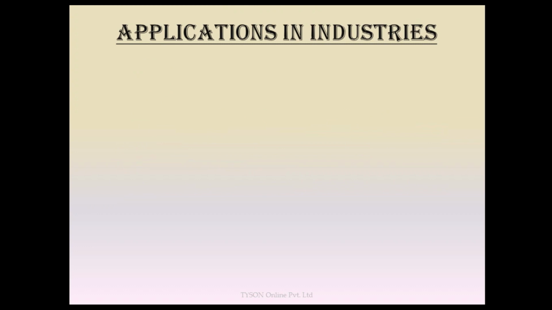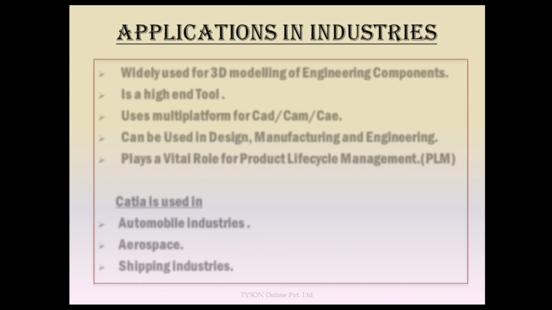So what are the applications of CATIA in industries? Basically CATIA is widely used for 3D modeling of engineering components. Other than engineering components, you can create any object or model which you see in your day-to-day life, or an exact replica of any object with exact dimensions, size and shape. For example, chair, door, windows, frames, or any model of any shape. Whether they are solid, hollow, or sheet metal type, or having any critical shapes, they can be made with ease in CATIA.